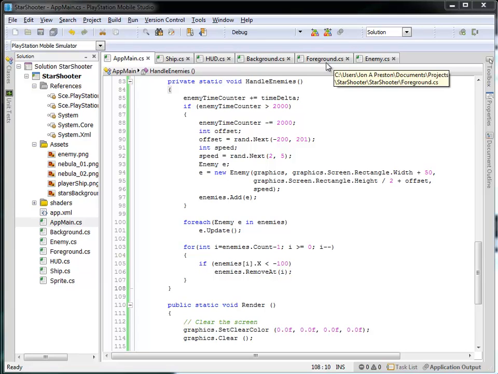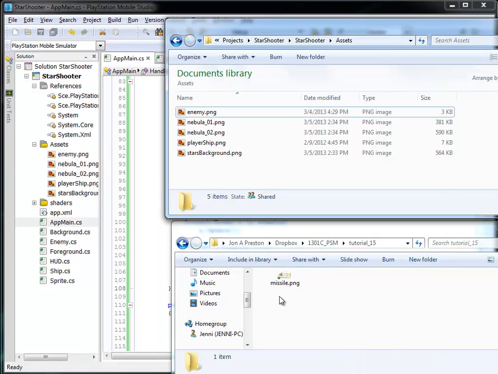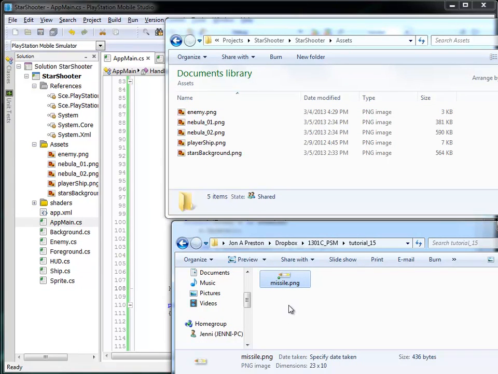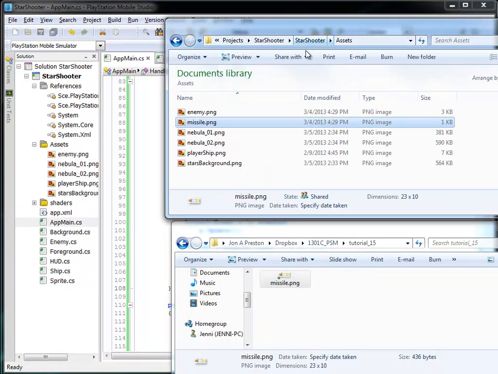Hello, in this tutorial we're going to add the ability for the player to fire a missile at the oncoming enemies. In order to do that, we're going to need a new asset. So we have the missile PNG file that you should take and copy into the assets folder of your project,